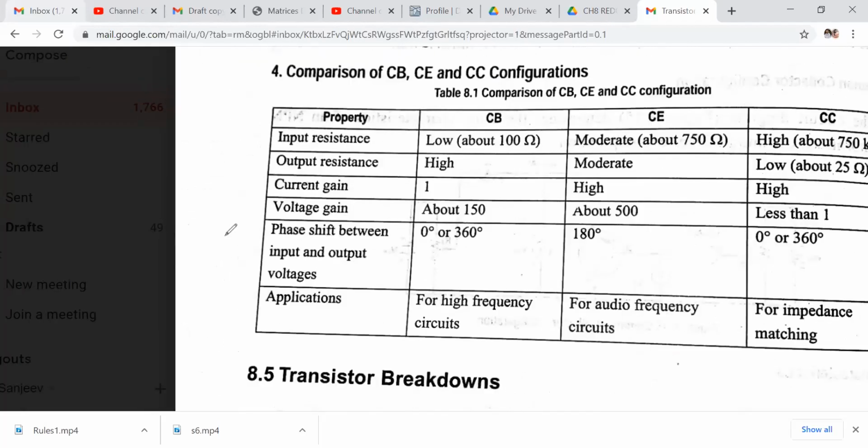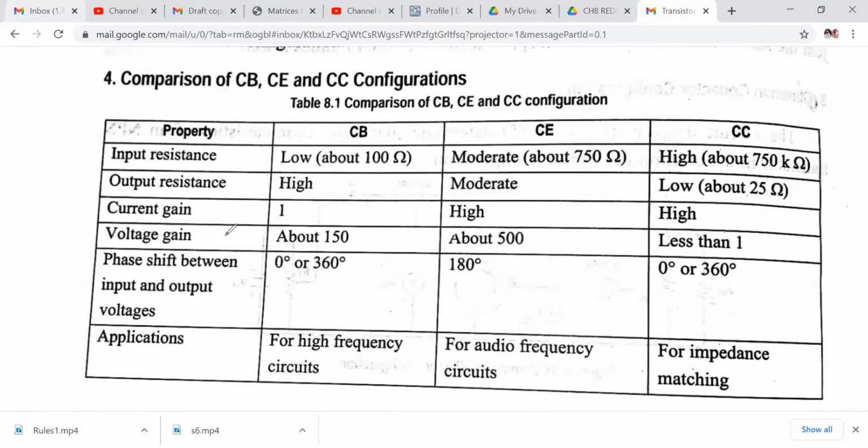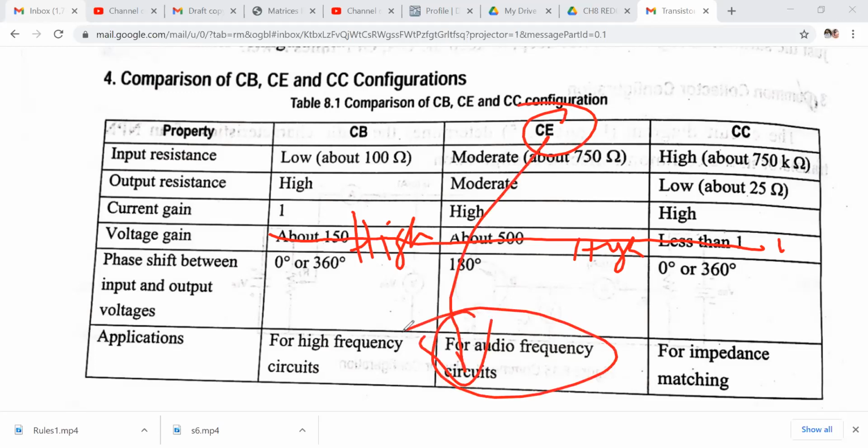Then in this chapter, the amplification and all is there, no, sir? See this table which I already sent to you. This you have to study. And here, voltage gain, everything you can write as high. What is voltage gain? High. We cannot write numbers or anything. Correct? I told you, radio frequency, it is about audio frequency circuits.